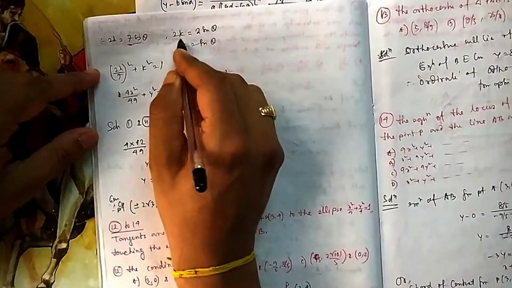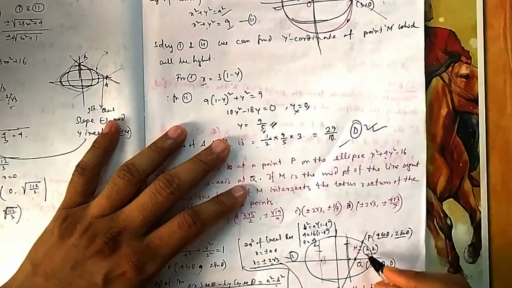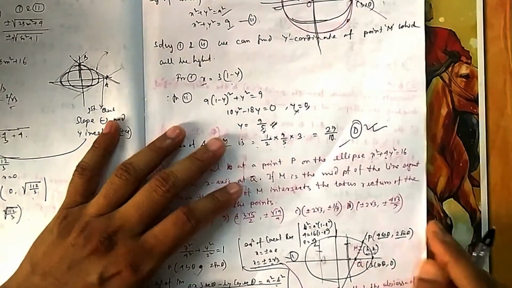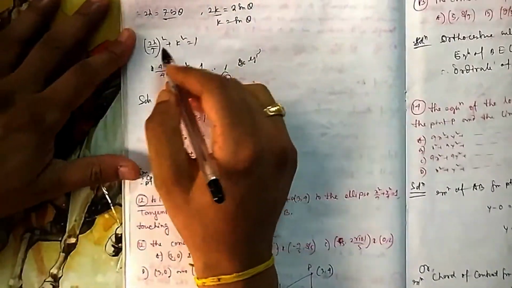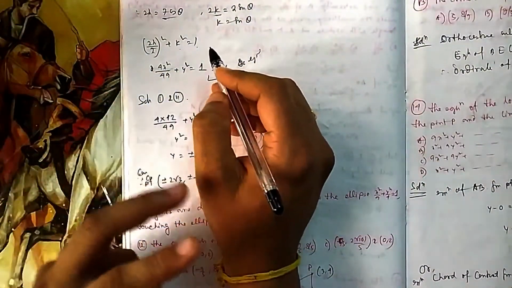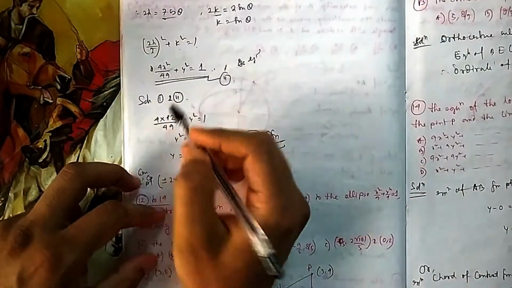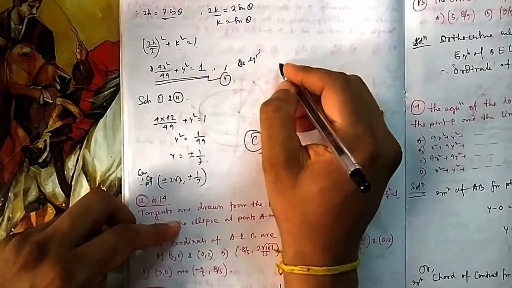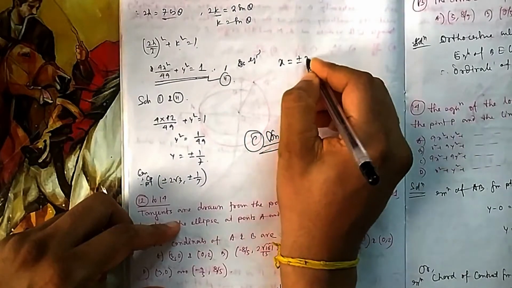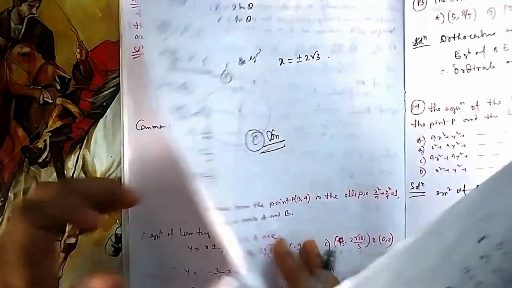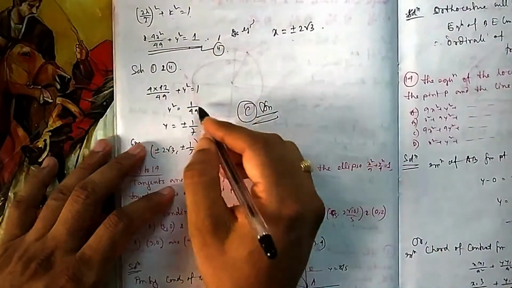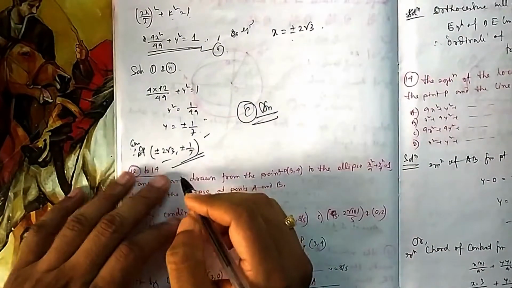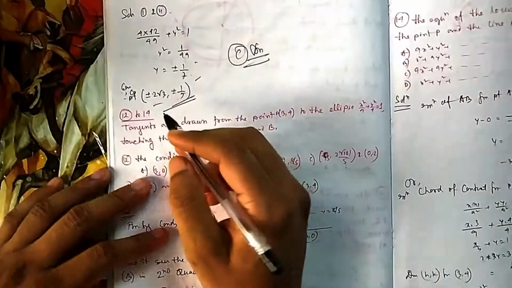So 2H, 2K you can find out because this plus this divided by 2 is equal to h, and this plus this divided by 2 is k. Once you know them in terms of sin theta and cos theta, you can use sin square plus cos square equal to 1 to get an equation between h and k. That is the locus. This equation will be solved with x equal to plus minus 2 root 3, the latus rectum equation. If you solve these two equations, you put x equal to that and you will find the y coordinate. This is the coordinate. If it is plus minus, there will be 4 points.